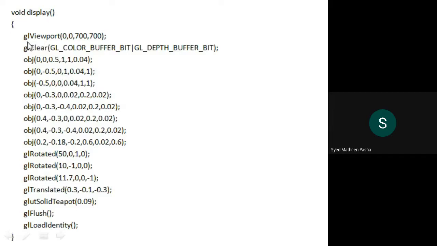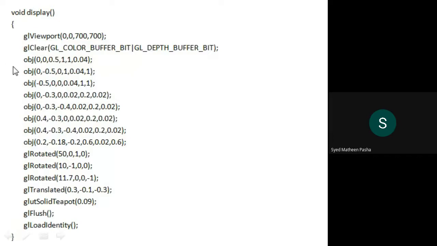We have seen how to represent a viewport with respect to the size of that particular window. So with the help of this viewport function, a viewport is being created of this particular size. Now I will be clearing the background by passing the parameters color buffer bit as well as depth buffer bit, which basically represents the memory, that is the buffer of that particular program.